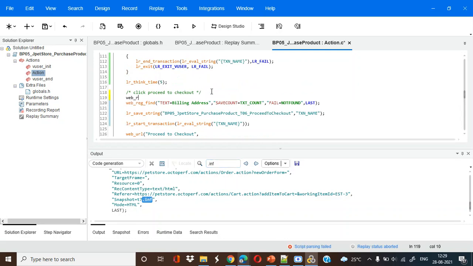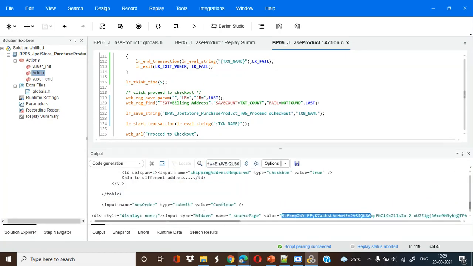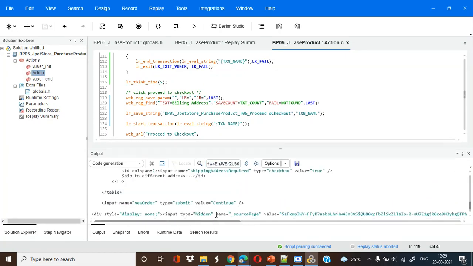So web_reg_save_param, colon, will be equals to, comma, RB equals to, comma, last. Okay, so as we know, this is for source, Control Alt Z, find out. Okay, so we'll just copy this particular thing